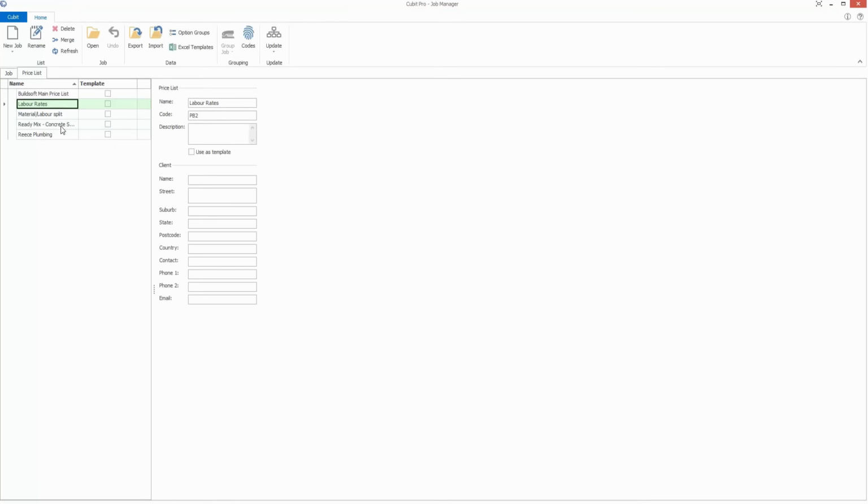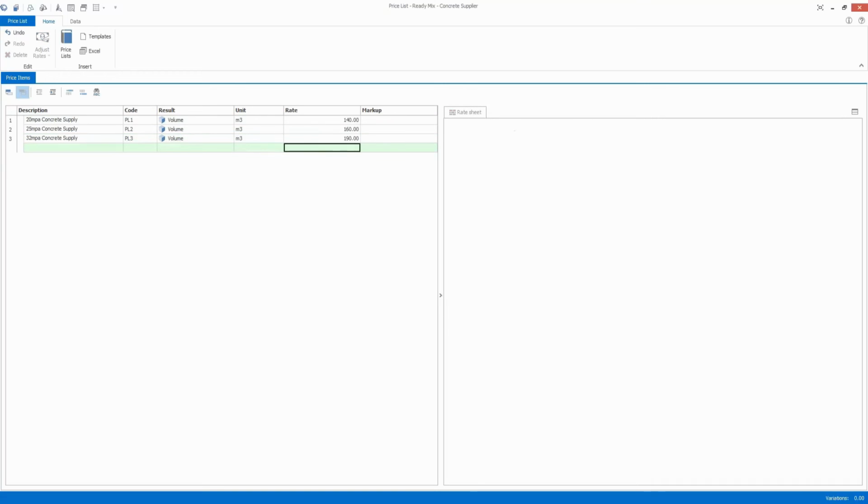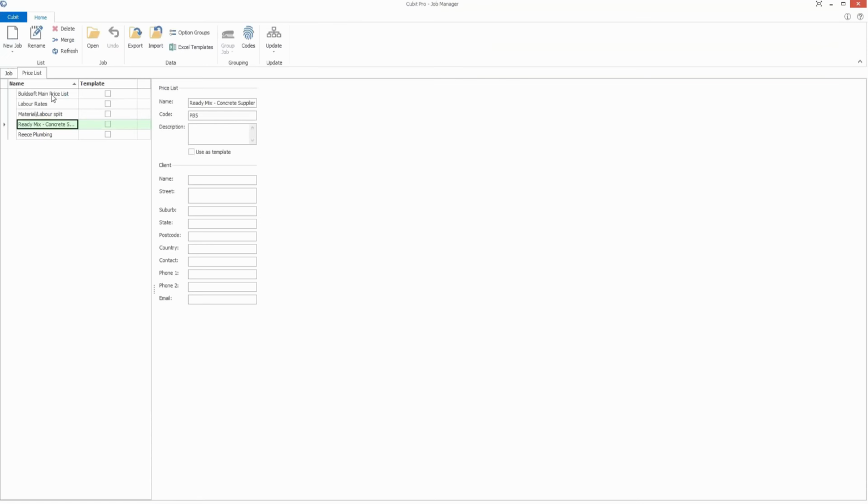Right, and I'm going to also go into my ready mix, and I'm going to increase the rates for these. So let's say I'm going to bump the 125 up to 140, the 150 to 160, and the 32 MPa up to 190. So I've made those changes, but it hasn't updated my composite rates or my main price list